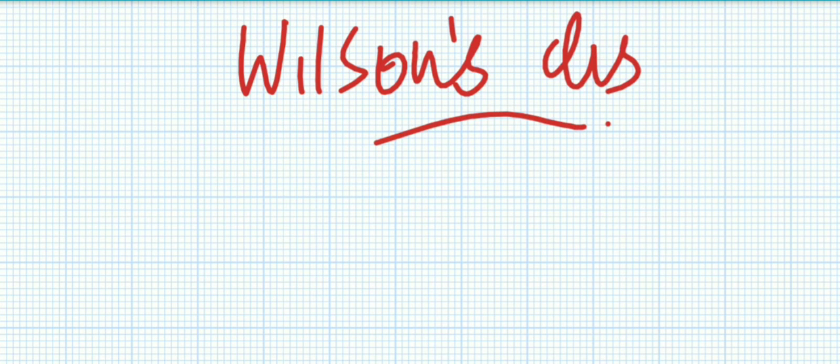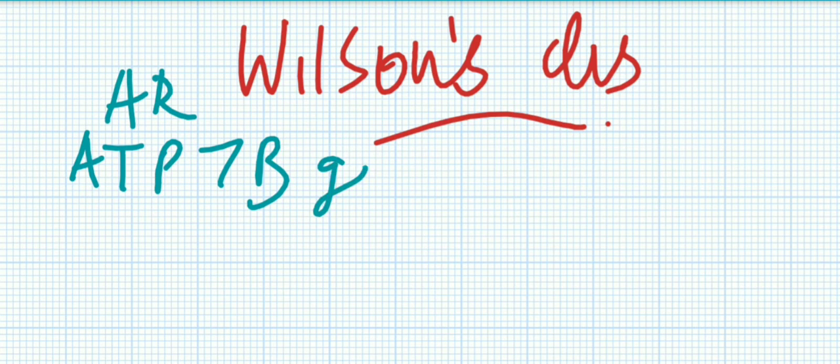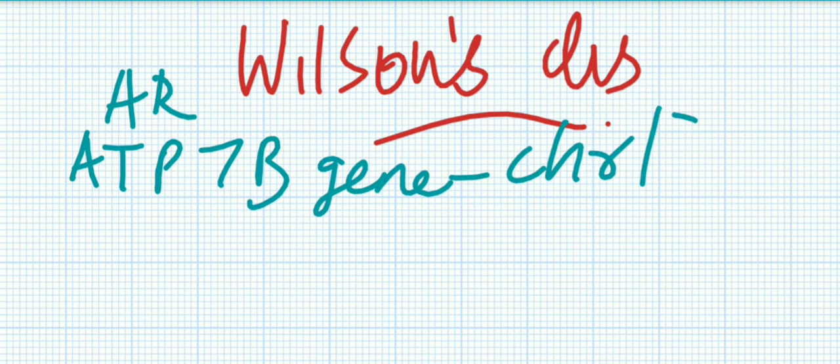So Wilson's disease is autosomal recessive, and the gene mutated is the ATP7B gene, on chromosome 13, very importantly, the long arm, so chromosome 13q. So what is exactly happening here? There will be no formation of ceruloplasmin. So there will be no combination of copper with ceruloplasmin, and there will be no excretion of this copper into the bile.